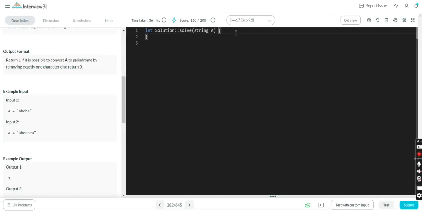Now let's code out the solution. Since we have to take 2 pointers, let's name them st, and it will be initialized to 0. The second one will be en, and that will be initialized to a.length - 1. So we have to traverse while st is less than en. Now the condition will be if a of st is not equal to a of en,